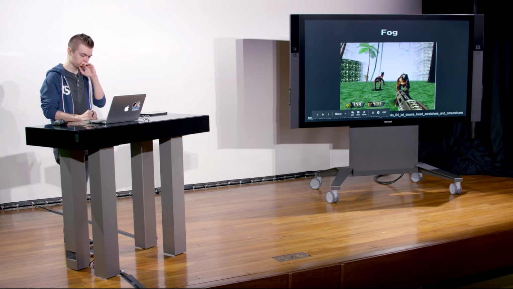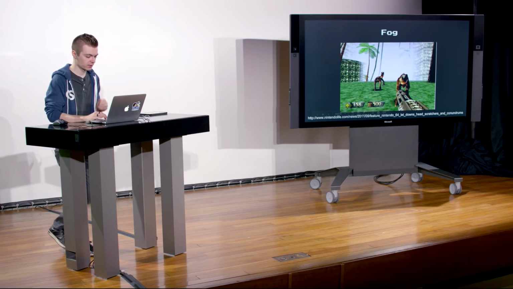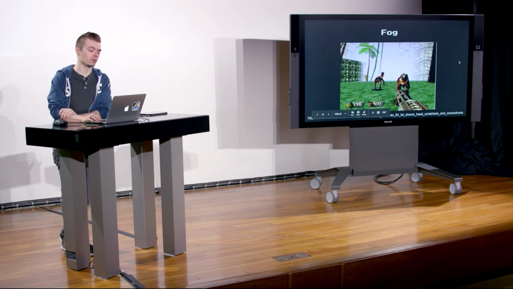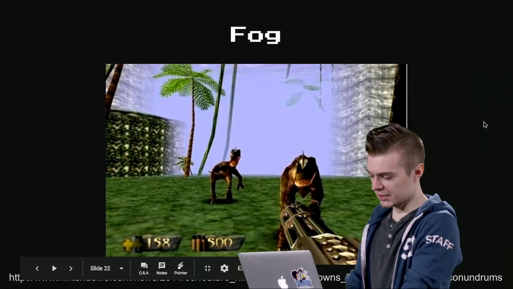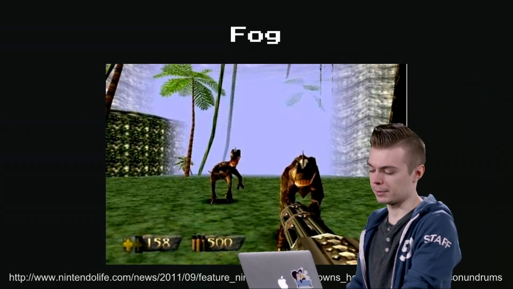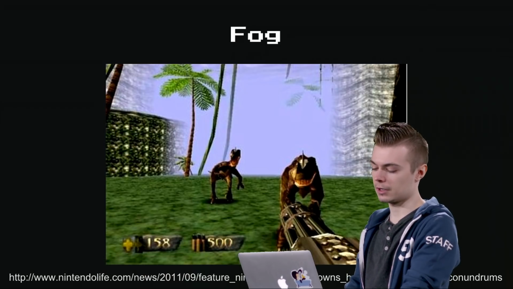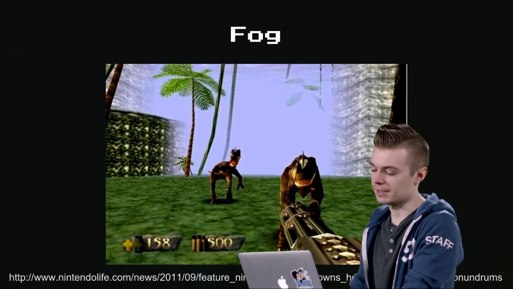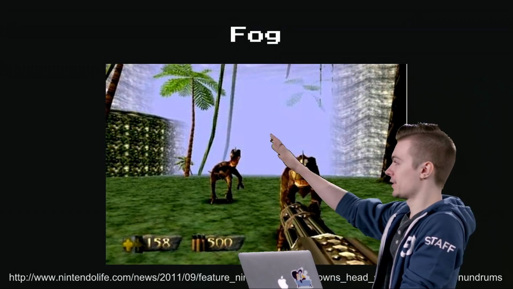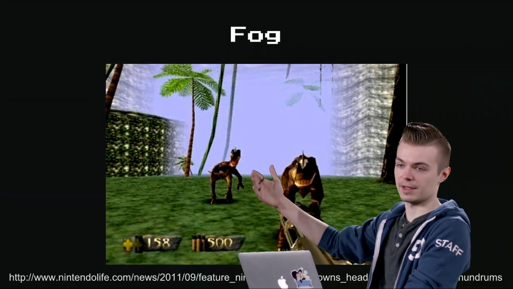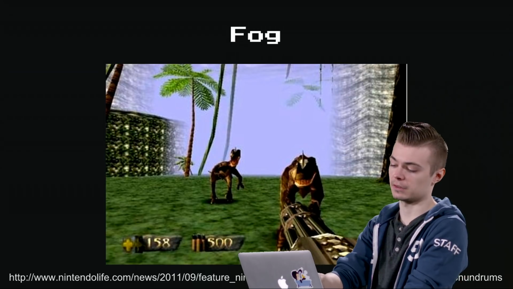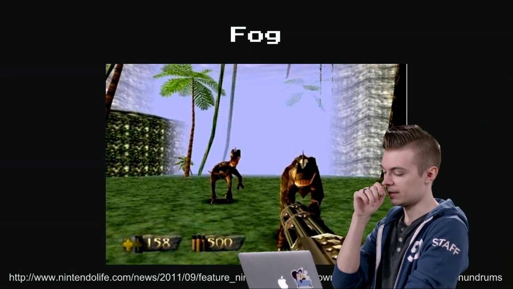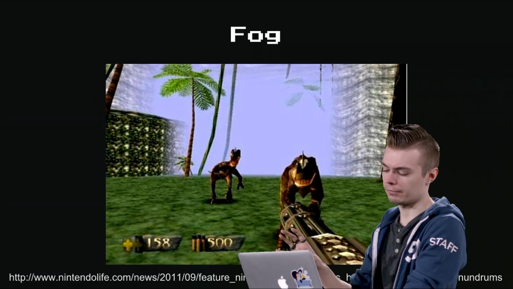So fog. We looked at fog already, but I have a few screenshots here to help illustrate what fog has looked like over the years. Fog looks pretty unconvincing in this screenshot. This is Turok for the N64. It looks as if, at a certain distance, a very dense sheet of fog has appeared. And you can actually make this happen in Unity by setting a fog curve